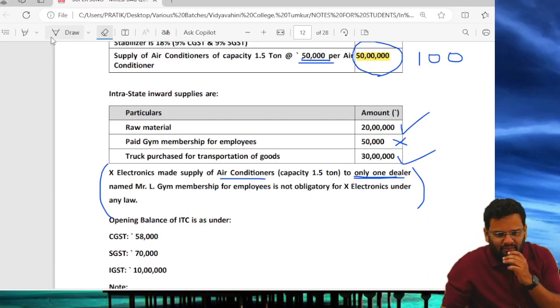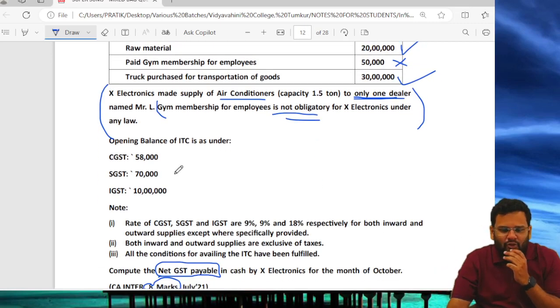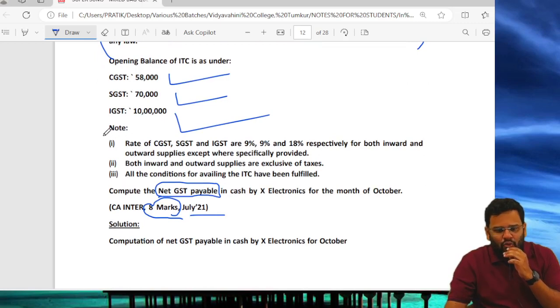And then Mr. L, okay, that is done. Gym membership for employees is not obligatory. Anyways, we know that. That's why we have blocked the ITC already. And an opening balance of ITC is also given 58,000, 70,000 and 10 lakhs. Notes, rate of CGST, SGST and IGST are 9, 9 and 18% for both inward and outward supply, of course,